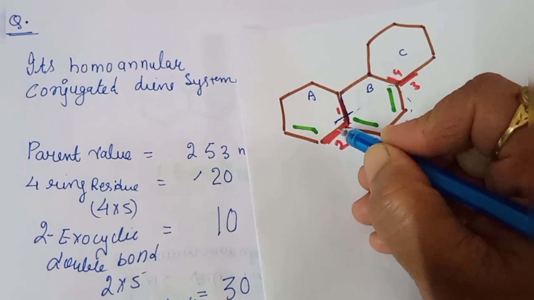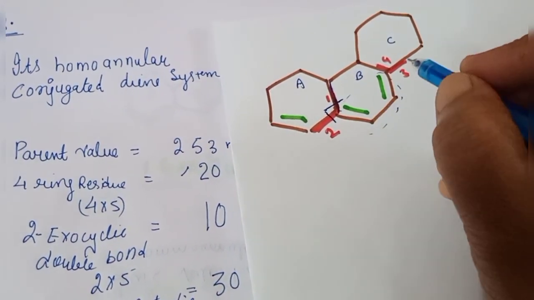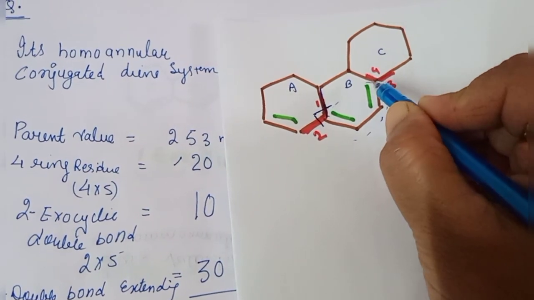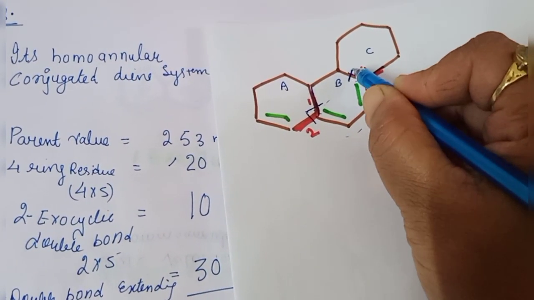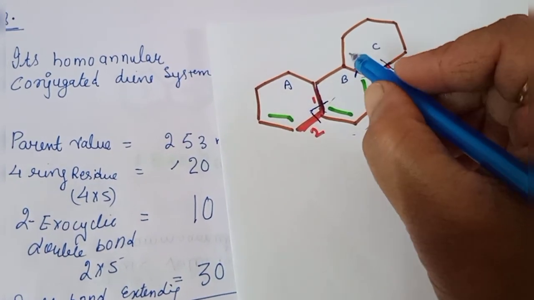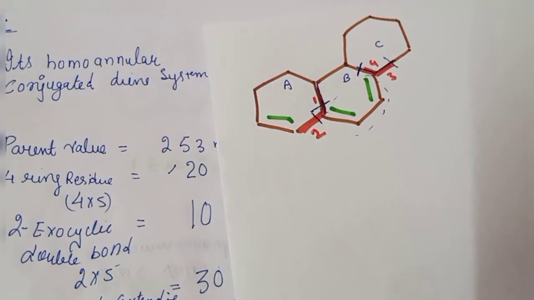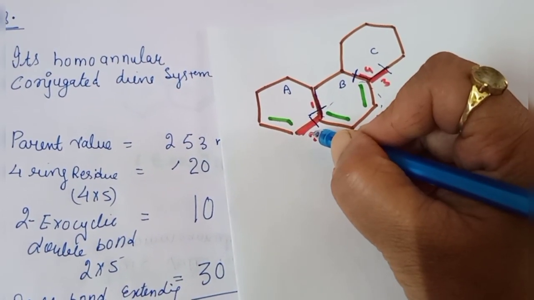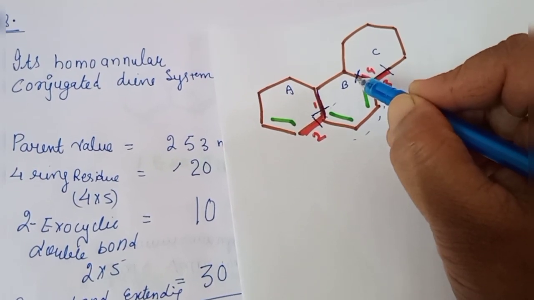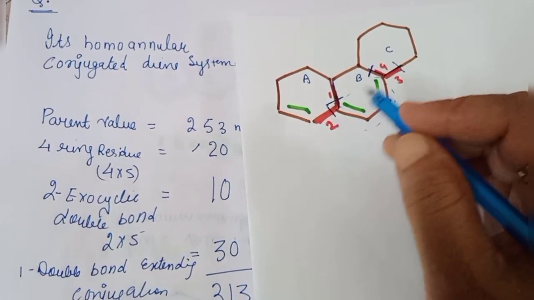Okay, second will be this side. So 1 ring residue, this is our 2 ring residue. Then third part here and fourth part will be this. So these are our 4 ring residue. We don't see this structure, this structure. All these are attached secondarily. Means first direct attachment of this bond, second, this is third bond, and this is the fourth bond. And other will be not considered. So these are the ring residue.